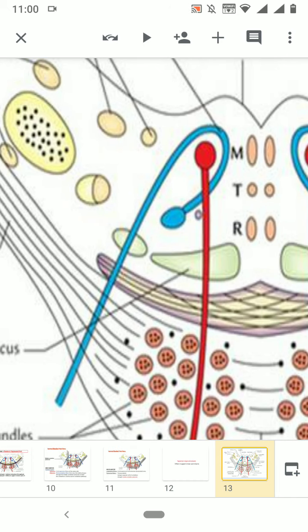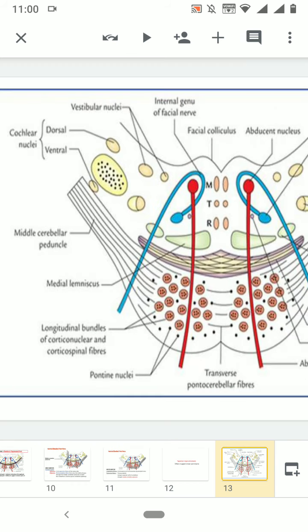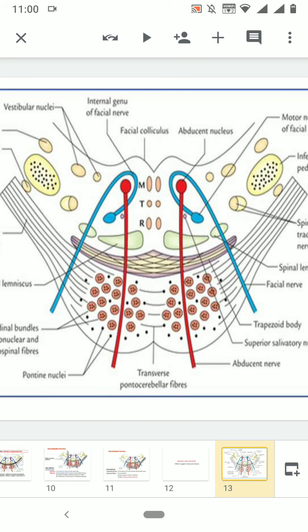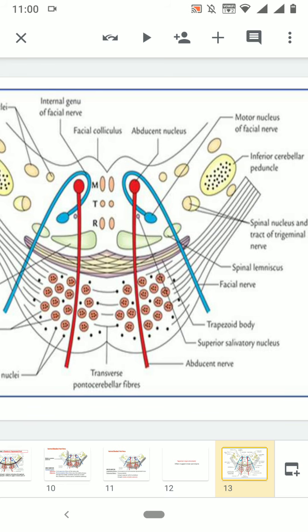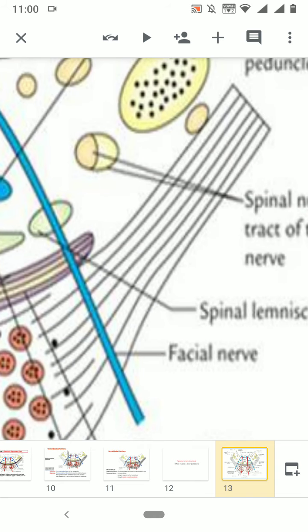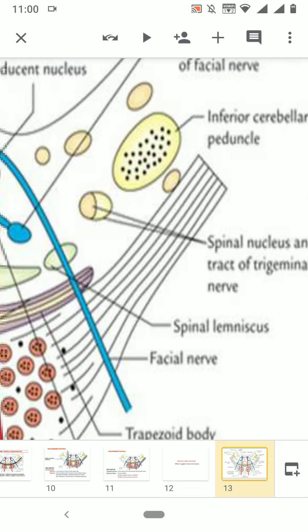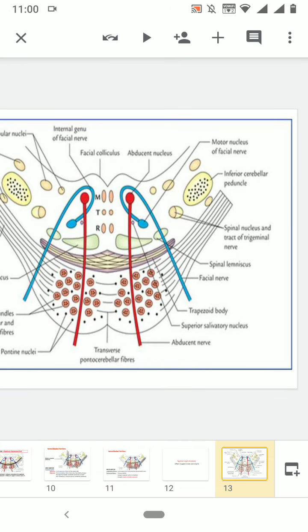Now this is going to be very easy if you first read the medulla oblongata and then come to the pons, because it's just a continuation of these fibers. Then slightly lateral to the medial lemniscus we have the spinal lemniscus. We also saw the spinal lemniscus formation. So you can see the spinal lemniscus over here. We saw its formation in the medulla oblongata also.